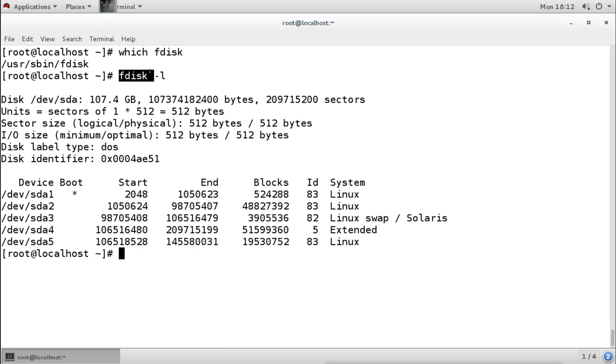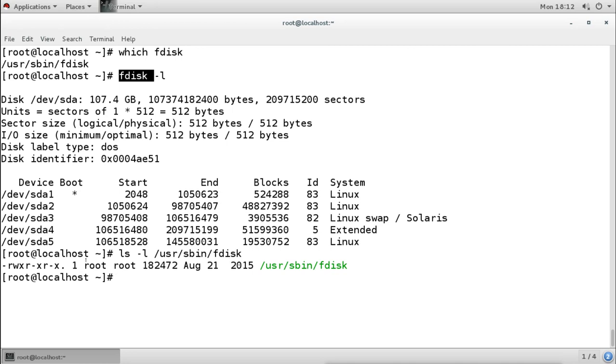So when you check the permission of this file, which is under /usr/sbin/fdisk, we can see the owner user has read, write, execute, and all the other users have read and execute. So the user can execute the file, but it will not get the output.